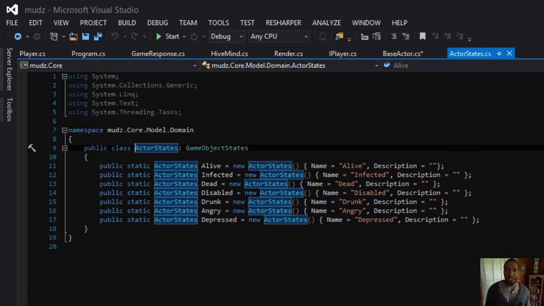We're doing this kind of funky enum pattern kind of hack where we're able to use a class in a strongly typed way. It's a good alternative when you need something that's going to have a bit of functionality attached to it, but you still want to code something that's strongly typed. So we just threw in dead there, but because this is a static, we can just as easily say